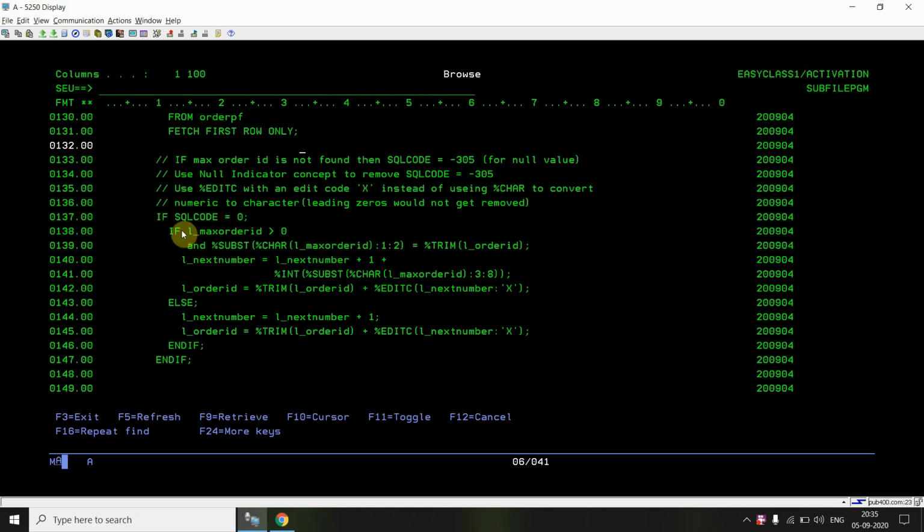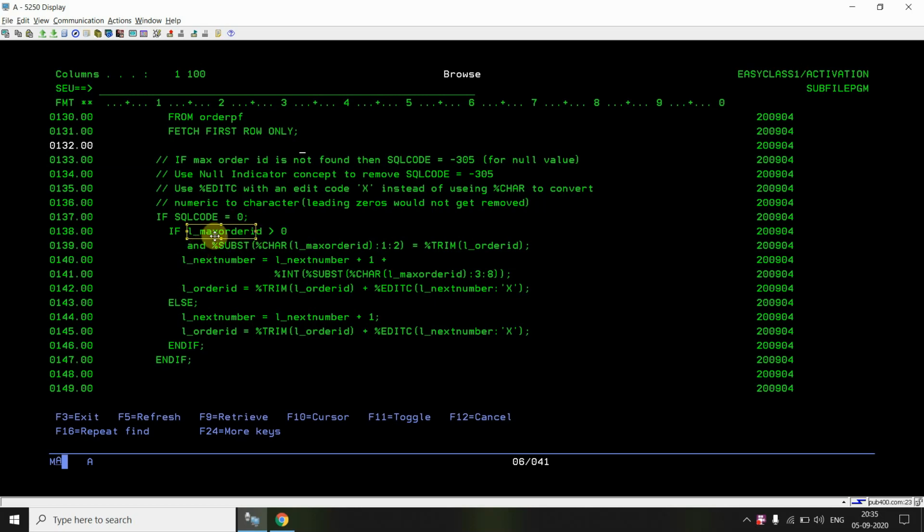Since we found that the maximum order ID is for the current year, not for the previous year. For example, I found 20000001, but now this is 2021. So if I found 21000001, this means that whatever I found is for the previous year, meaning there is no order ID for this year.